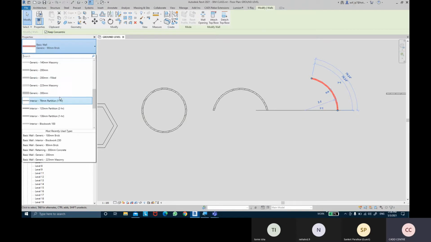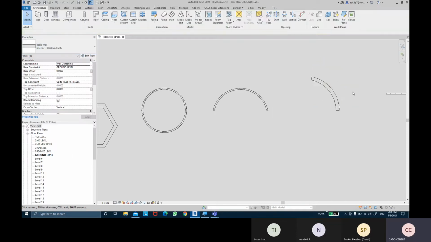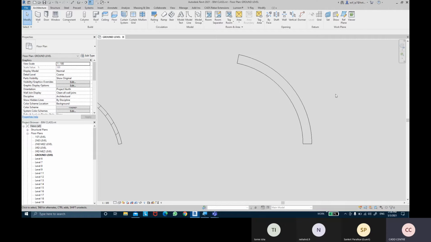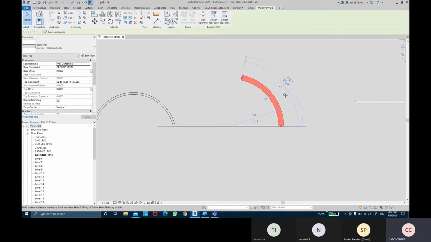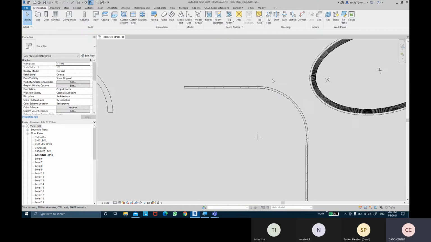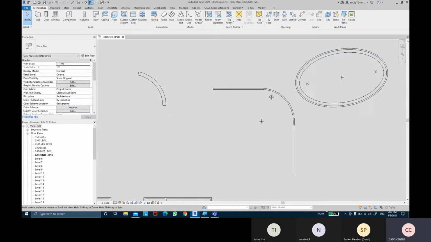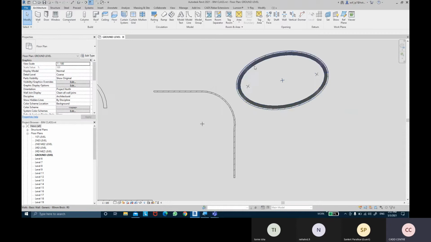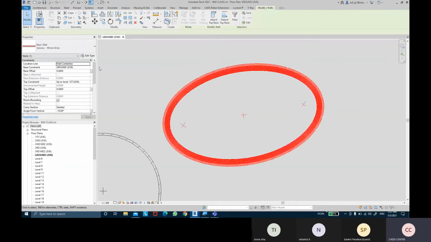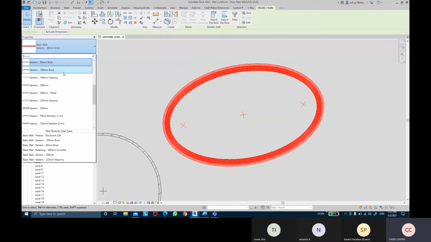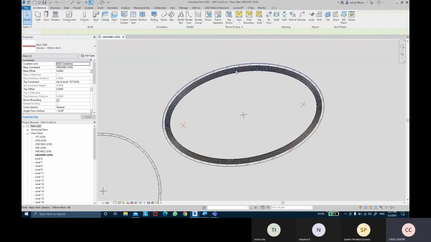If you don't find it in the list over here, you can find the most recently used one over here. Here it is, interior block work 230. It changes, and you can see immediately the thickness of the wall changes. But the shape remains the same, only the thickness gets changed. The type gets changed; the shape of the wall is not going to matter over here. So if I want to keep the shape but change the type of the wall, I just select the walls, come under the type list, and change it to 100. So this becomes 100 walls now.